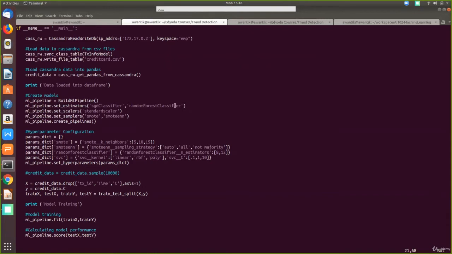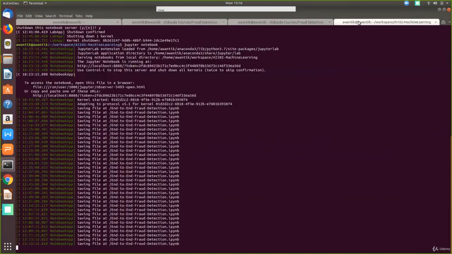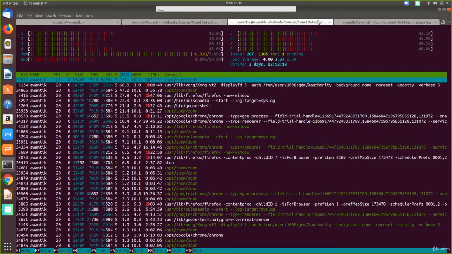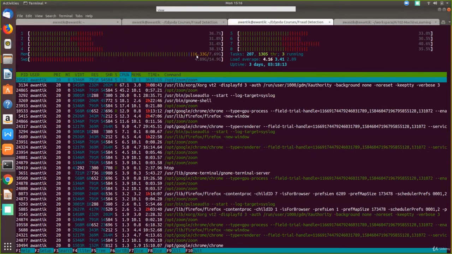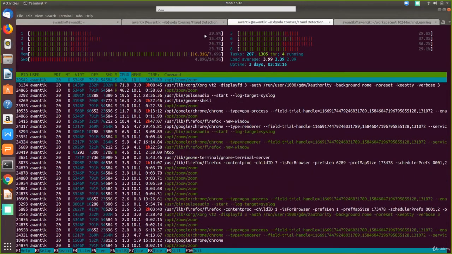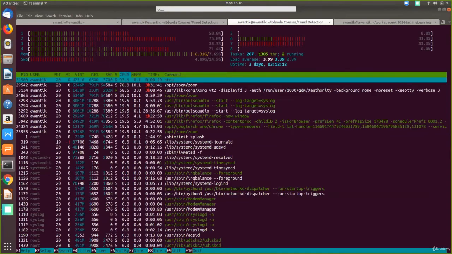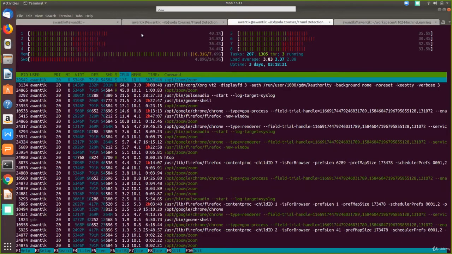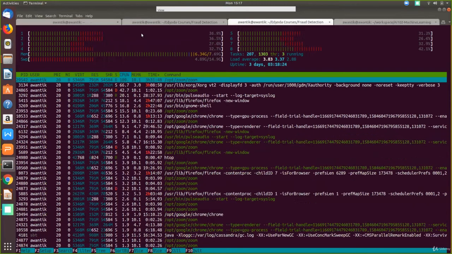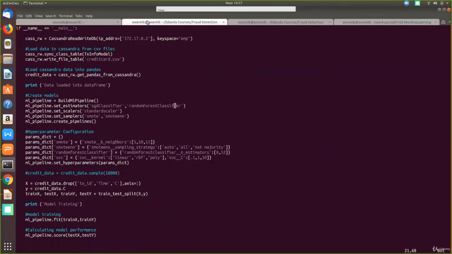So you can start running this application and the CPU will be busy. There are a lot of useful tools to see the CPU usage. One is htop. If you run this, you can see the current CPU usage and current RAM usage. htop is the command in a Linux environment. You should keep it running in one tab when you're running machine learning, to get a sense of whether you are using all the cores. So let's see now.